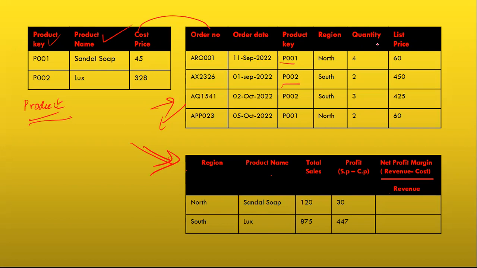Obviously, for example, you want to compute the profit, right? Profit is the simple formula: selling price minus cost price. So in this case, let's say the list price is 60, the selling price, and the quantity is 4. If you multiply this, you will get 240. That is your sales. And here, 4 into 45, how much do you get? 180, right? So 180, whereas here 240. So 240 minus 180 is your